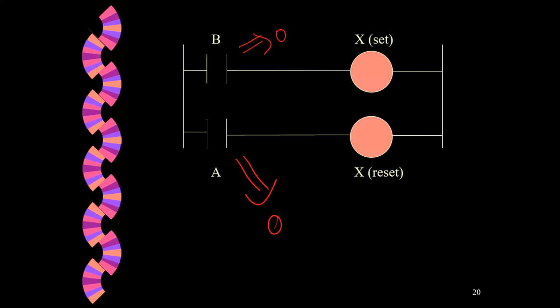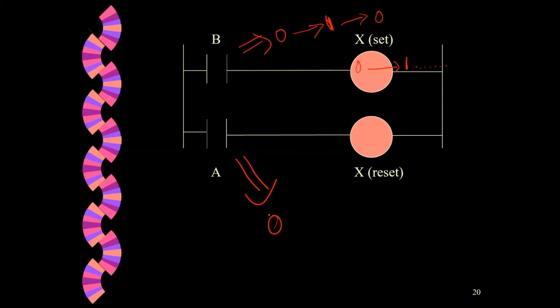Nothing will happen to the motor. Motor is not running. This is at startup. Then I went and pressed B, make it 1. Then I released my hand. It becomes 0. So when it becomes 1, this was 0, becomes 1 during this phase, and will continue to be 1